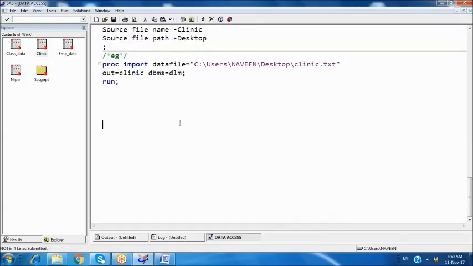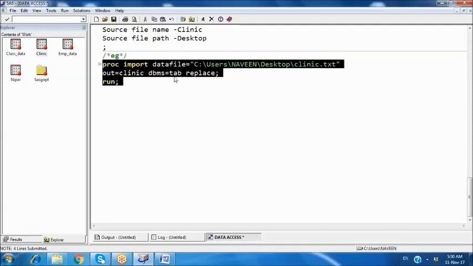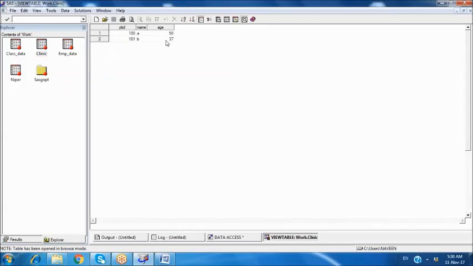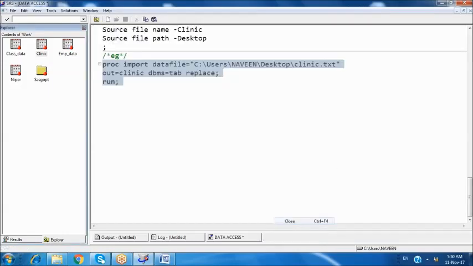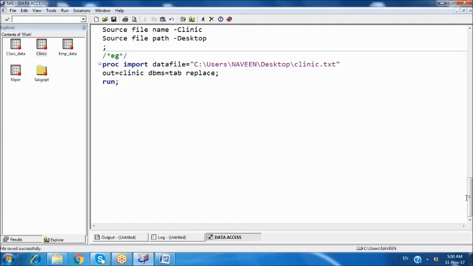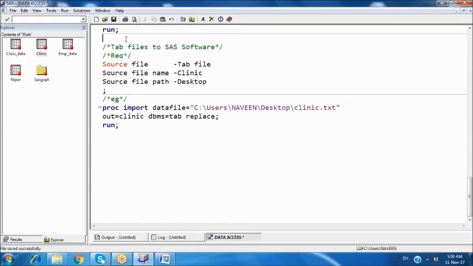Okay, it's not a notepad, it's a tab file. So DBMS tab, and here you can use the option replace, just for replace. Now it is imported properly: 3 columns, patient ID, name, age. Next,